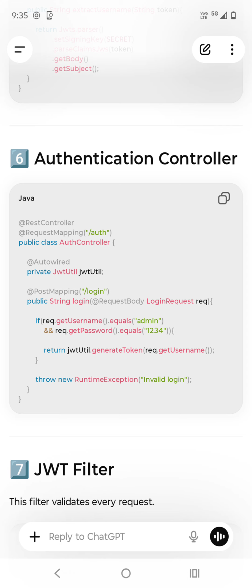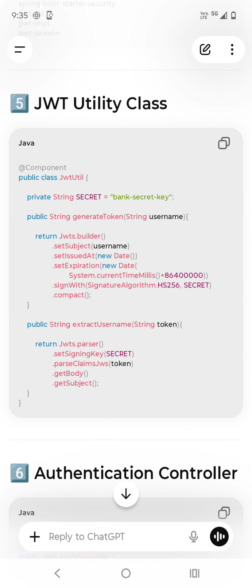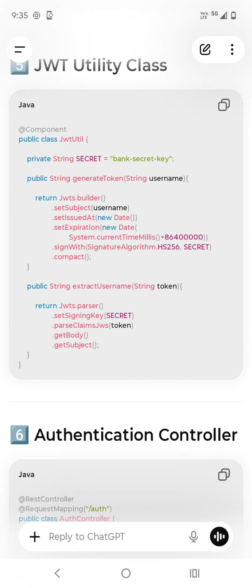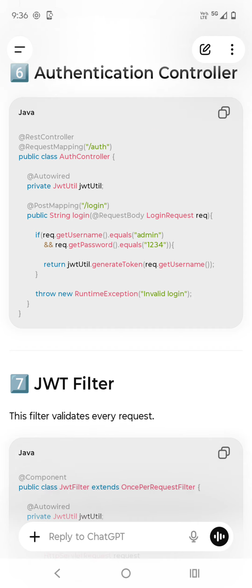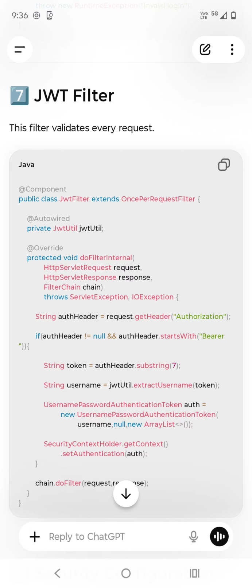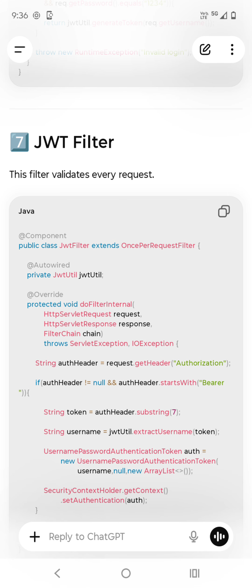Here it will come, and we are checking the user ID and password. The first thing is, whenever he logs in here, we are generating a token. You see, we have written a component class, a utility class, and how that generate token method will be executed. As soon as it returns, they invoke the login endpoint. We are going to generate a token, and the response will be returned. Okay. So now the JWT filter.